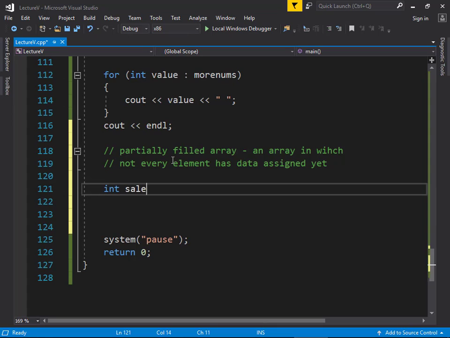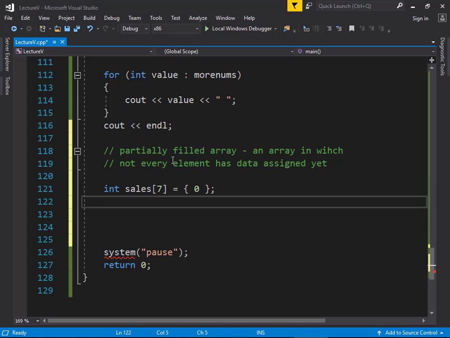So let's do int sales, 7 days worth of sales, equals curly brace 0, initialize them to 0. Now let's make an array of day names, string days, subscript 7, or we could even leave the 7 off because we know how many days we're going to add to it, but equals curly brace,